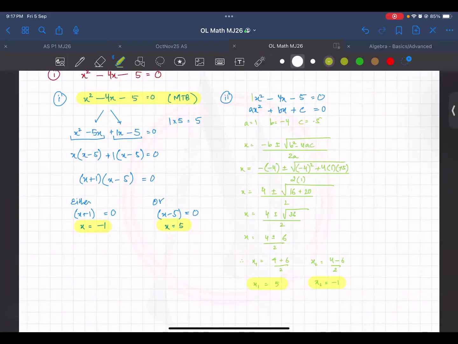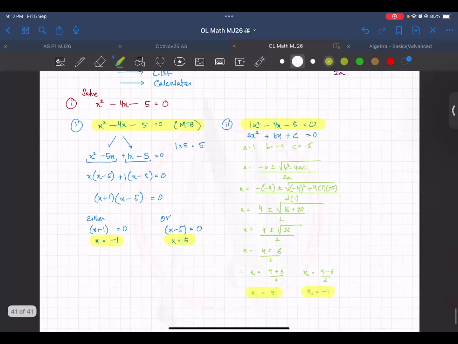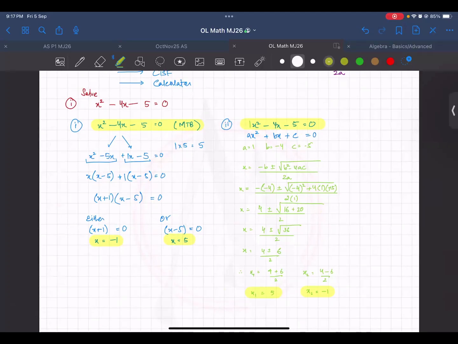The answers should match. This is using the quadratic formula. Why are you getting two answers? Because it is quadratic. A quadratic can have two answers, or one answer. And sometimes you don't get any answer as well, but that is something else. You won't see that. Just remember that a quadratic can have two answers, and it can also have just one. Because it is x square.